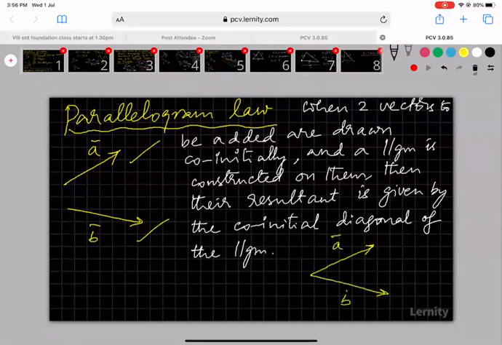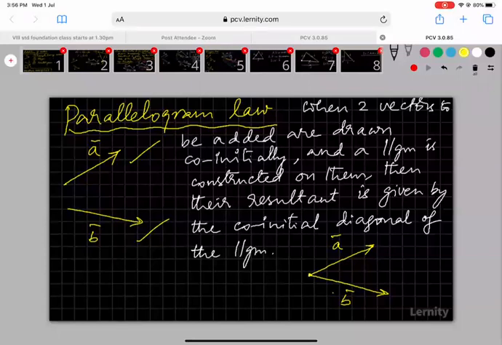See how freely we are able to change the position of a bar and b bar. I can take a bar anywhere. If I draw another vector in the same direction with the same magnitude, I can call that also a bar. That is what I mean as free vectors. I can take it anywhere and draw them anywhere I want. Anyway, so if a bar and b bar are drawn as co-initial, with the matching initial point,